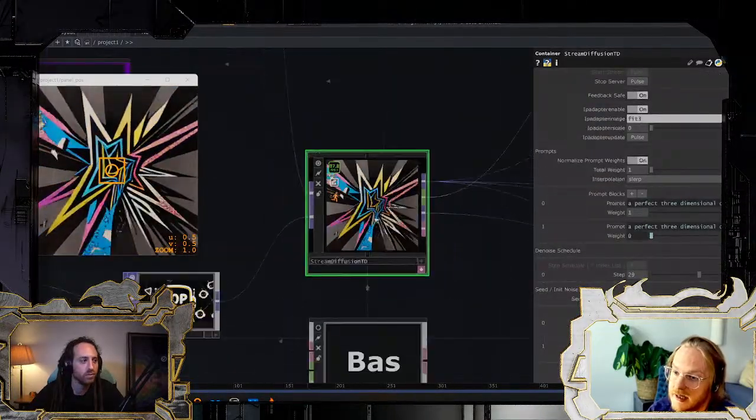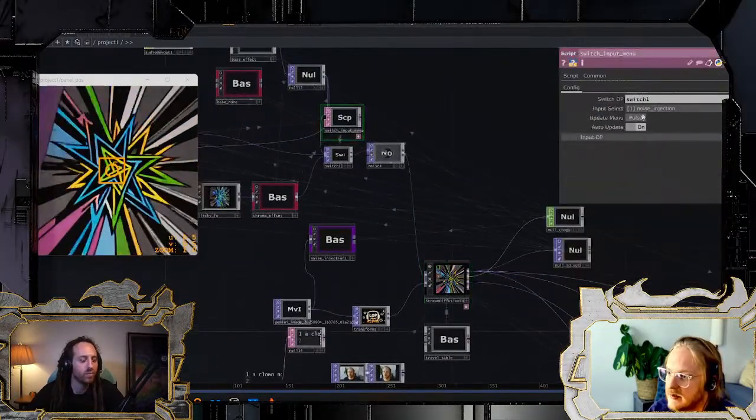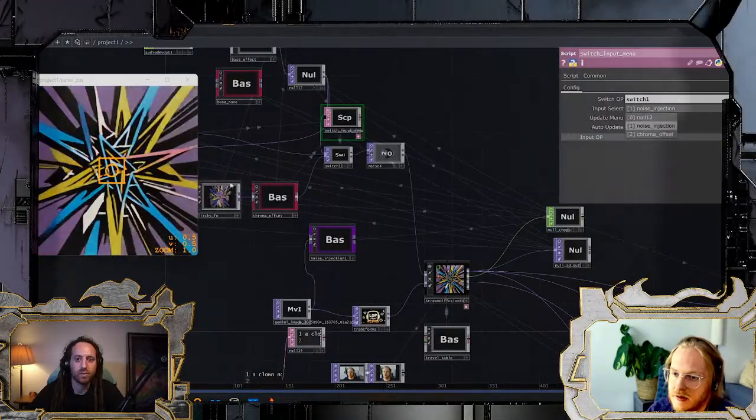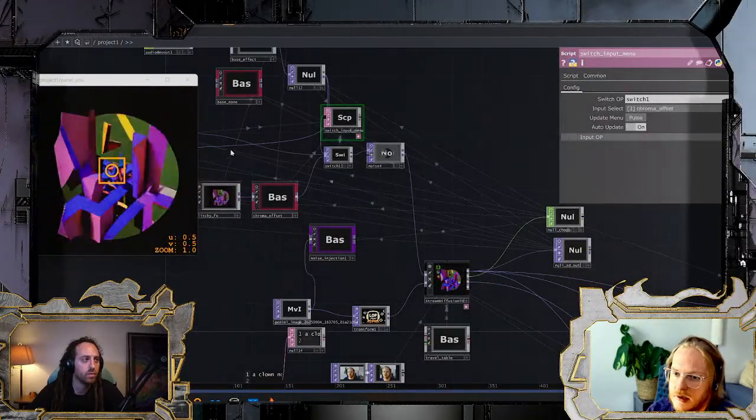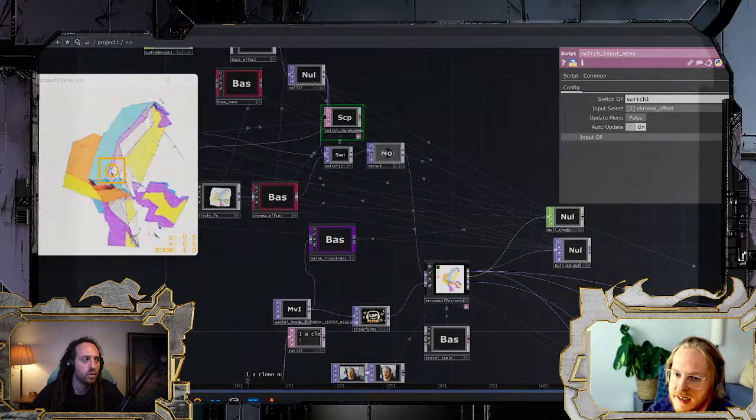It's not going to, like we were seeing with this audio reactive setup, catch all of these flashes. See it flash there, but it does catch some of them.